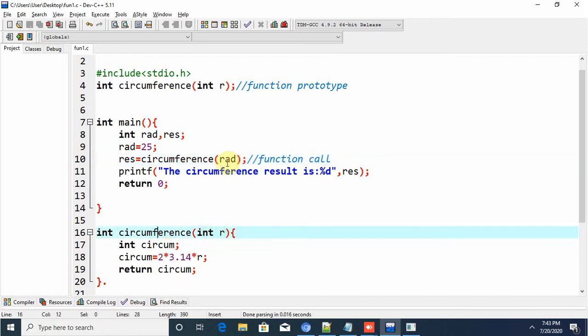And the rad value is copied into the r variable, 25. So that value is passed here. This r catches the rad value, the radius value. And here that 25 is substituted.